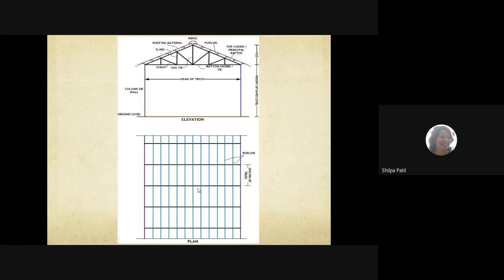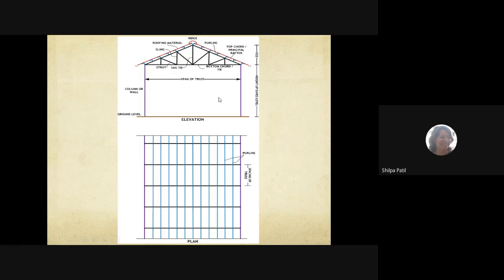Now on all these trusses, the purlins are there. These blue color angle sections are representing purlins. From the top, in the plan, it will look like a single line. So this blue color line is nothing but a single purlin. This is first purlin, second, third, fourth. So the horizontal distance between these two purlins is the spacing between purlins. This horizontal spacing between the purlins and this vertical spacing between the trusses have a limitation. These limitations are because of the deflection of the roofing material. The roofing material should not get deflected.